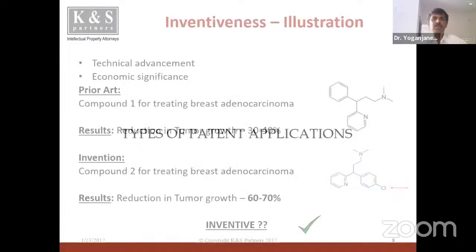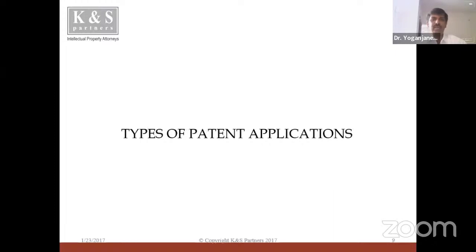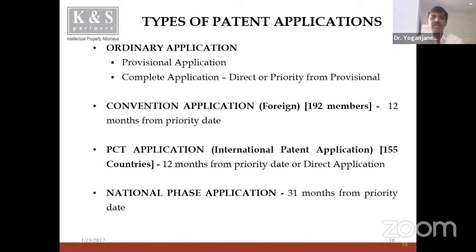Okay, so now we'll get into the topic, because I felt a little background is essential before jumping into the actual topic of patent applications, so that there will be a continuation. Let's see about the types of patent applications: how a patent will be granted, what are the various means of applying, and what are the forms in which we can apply for a patent. We will try to understand that in the next few slides. There are multiple types and various ways to file a patent application. Ordinary application has two types: one is provisional application, and the other is complete application.